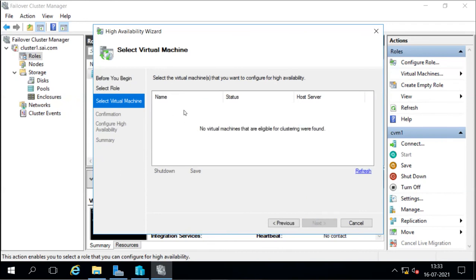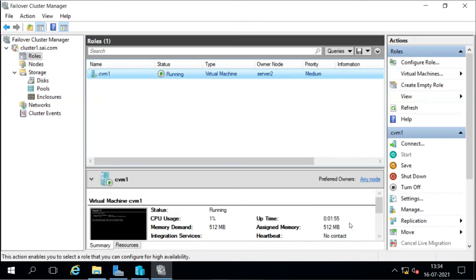In the next step it will show you all the available virtual machines which are not in the cluster. Right now we have one virtual machine that is available in the cluster, so it will show all the machines which are not in the cluster. You select the virtual machine from here, then select next and make it highly available. So you can make an existing virtual machine highly available.